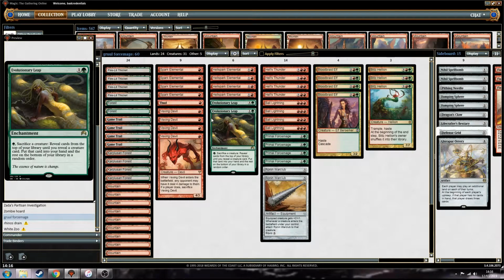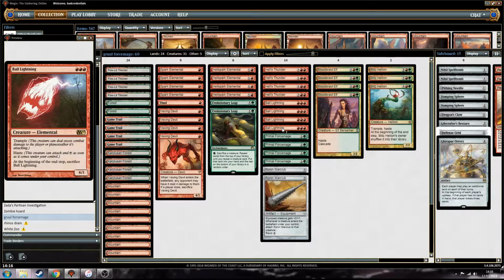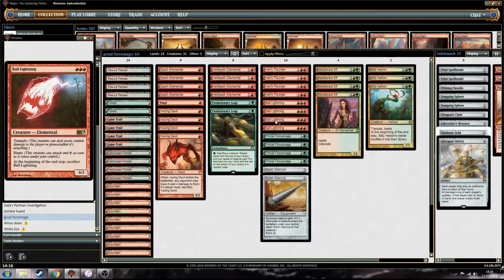I did forget to mention, because I thought I'd mention it last, 1 copy of Fling-like spell FUD. It's basically Fling, but costs 1 less, and it's a sorcery. So it's an additional cost to cast this spell, sacrifice a creature. FUD deals damage equal to the sacrificed creature's power to any target. So let's say we get to turn 4, they're on 12, play one of these, 6. If they don't block it or they don't stop damage, get 6 through. In our end main phase, we can play FUD. It's going to go to the graveyard anyway, so we can deal just on those 2 cards alone 12 damage,